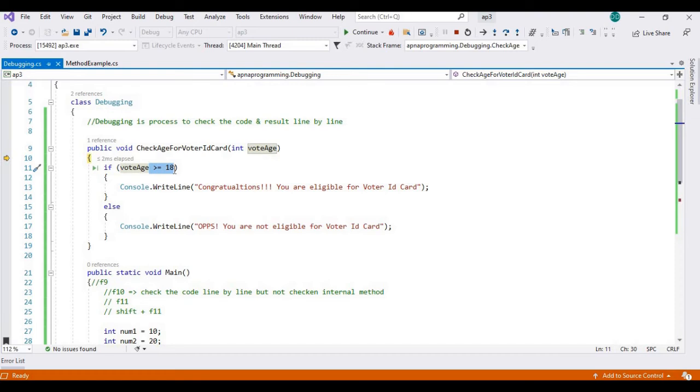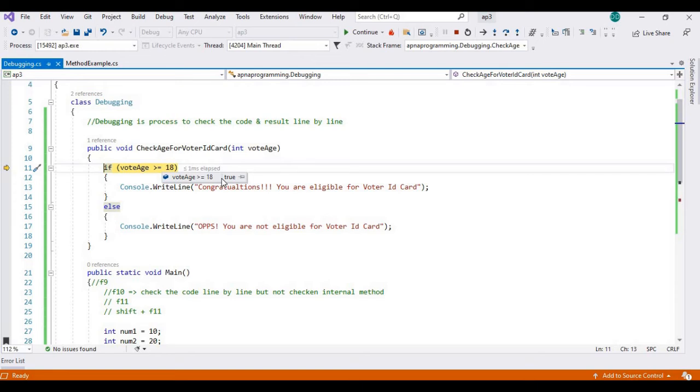Any of the functionalities should match. Whether I click F10 or F11, whatever you want, you can click here. So I can press F11. It will check whether your condition is true or not. How can we check? We can hover on it. On this greater than or equal to symbol, you can see the output also. It is showing true, which means at the time of debugging we can also see the conditional test statement outputs